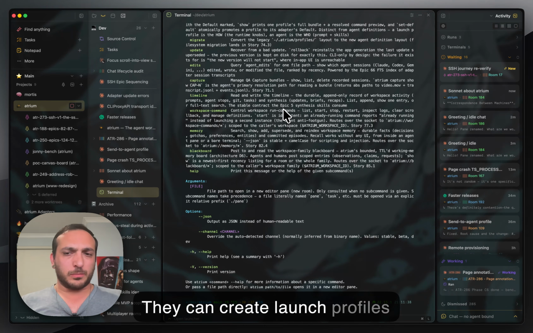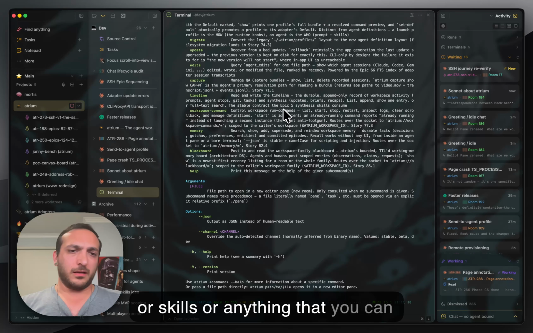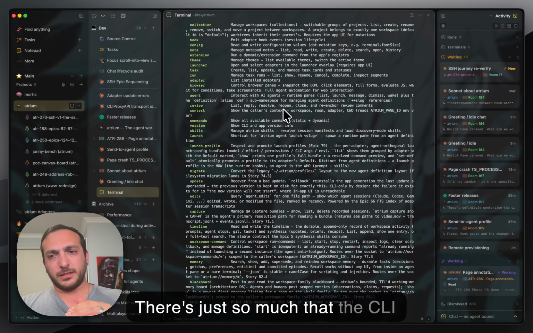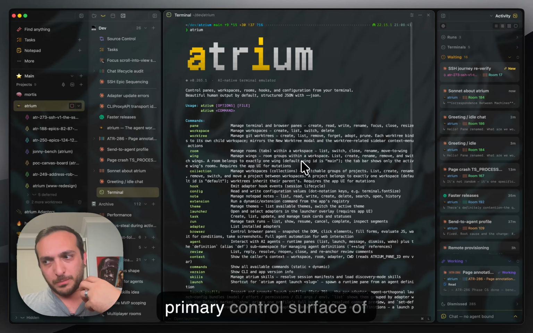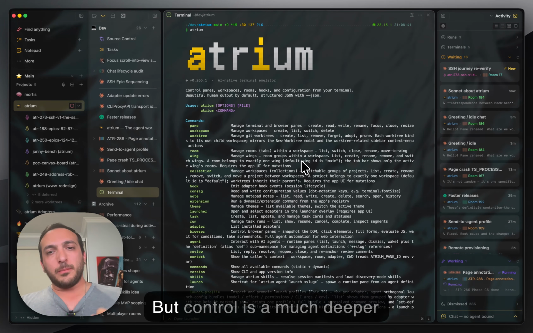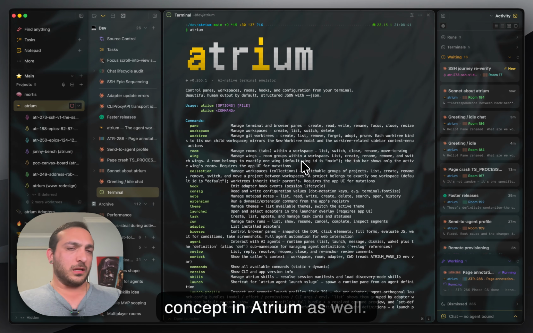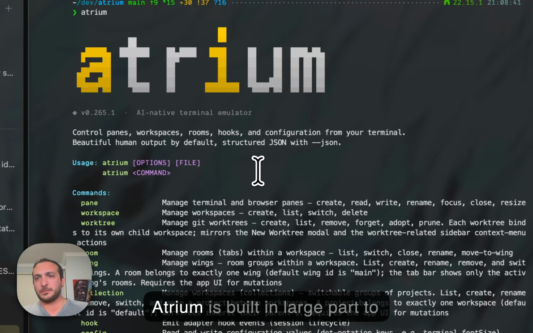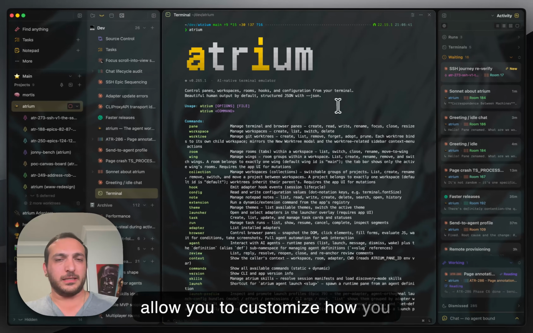They can create launch profiles or skills or anything that you can imagine. There's just so much that the CLI allows you to do, and that is the primary control surface of Atrium, but control is a much deeper concept in Atrium as well. So everything that you do in Atrium is built in large part to allow you to customize